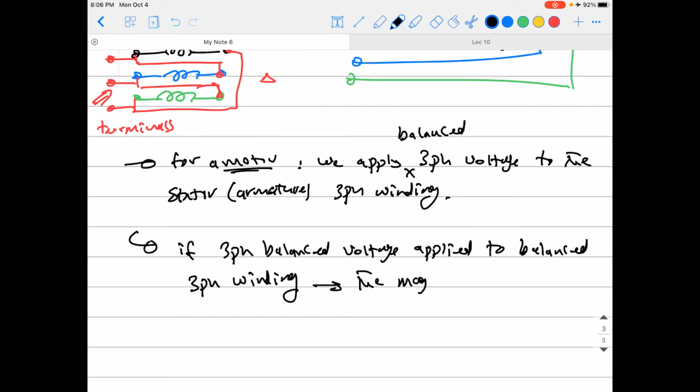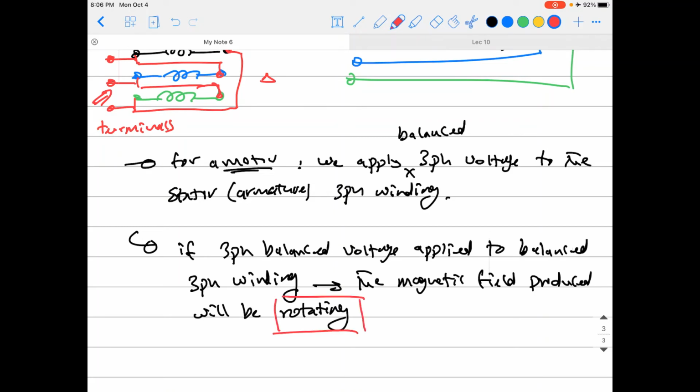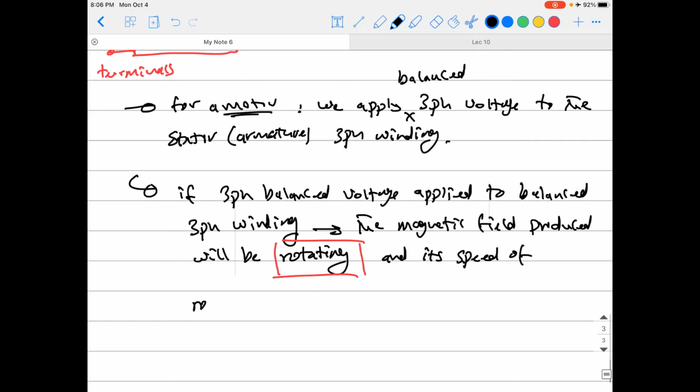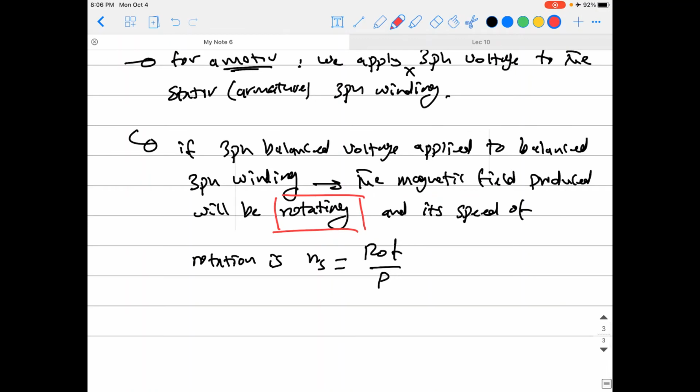the magnetic field produced will be rotating. Okay, and its speed of rotation is ns, the synchronous speed, 120f/p. Okay, just for synchronous machine,